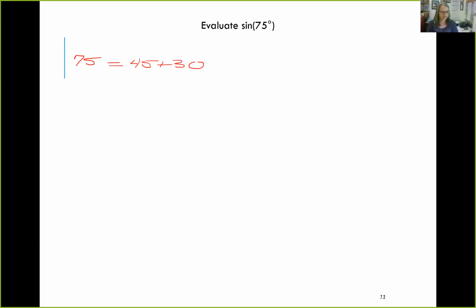And our identity tells us that the sine of 45 plus 30, which is 75, can be rewritten as